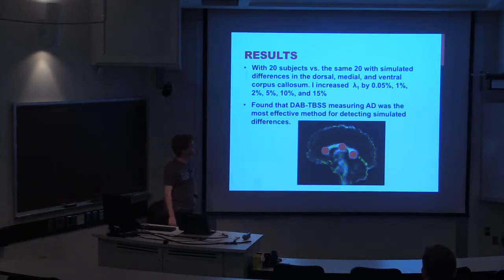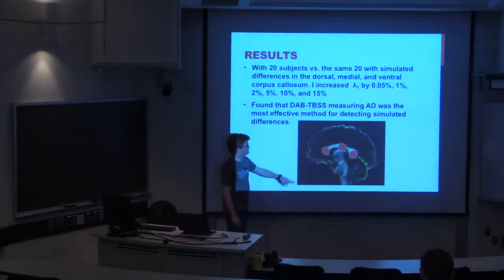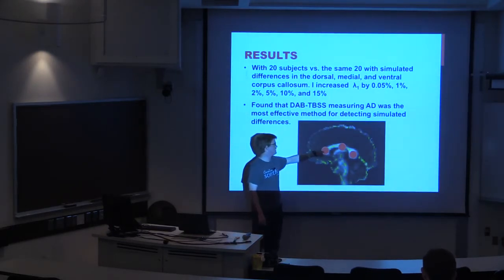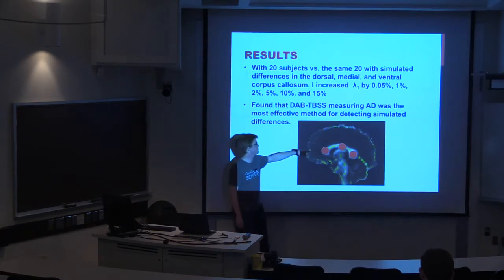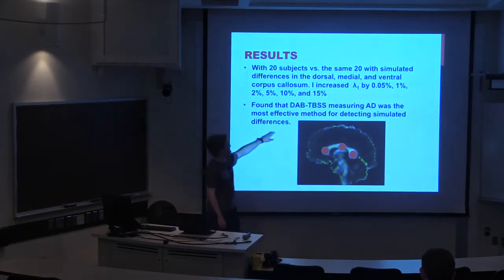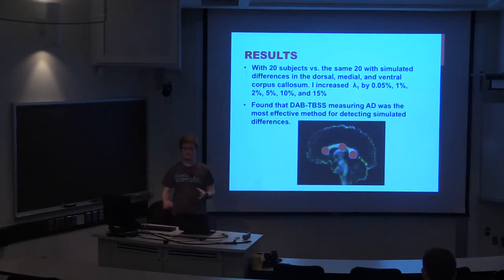For the specific tests that I ran, I took 20 subjects from another study that I was doing. I indicated for each subject the ventral corpus callosum, the middle corpus callosum, and the dorsal corpus callosum, and I ended up in each of those with a sphere-shaped area. In all of those subjects, I increased the principal eigenvalue by 0.05%, 1%, 2%, 5%, 10%, and 15%. So just coming up with a lot of differences in intensities, and then seeing